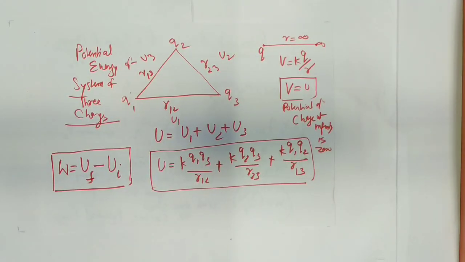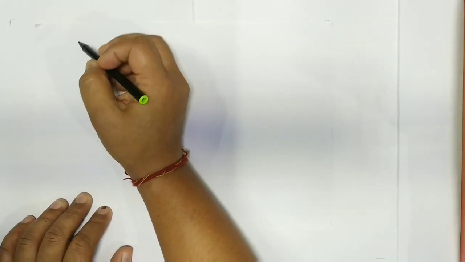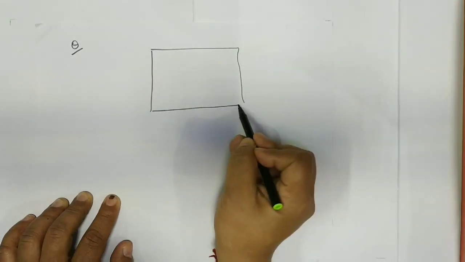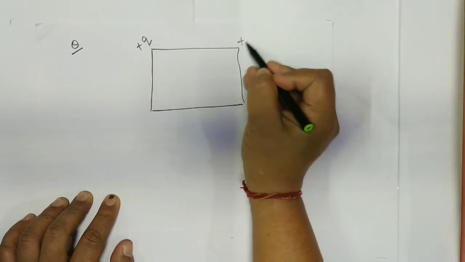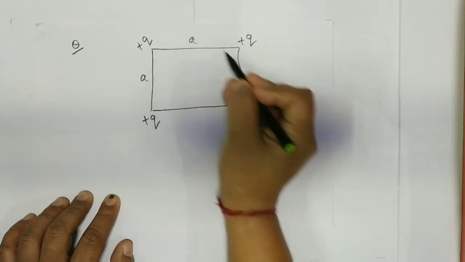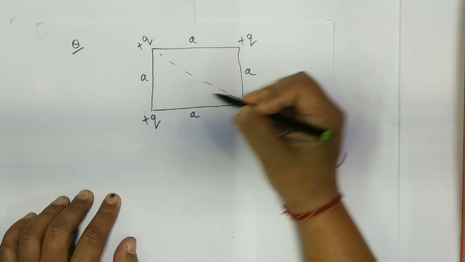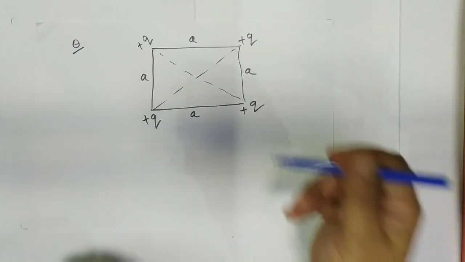And then I can give you an example here. Before going to that, there are four charges. And I think you have done this example in class 11th also. You remember it. There are four charges, say plus Q, plus Q, plus Q, and plus Q, and this is a square of side A. Okay. And then you know that across the diagonal also. And the question is to find the